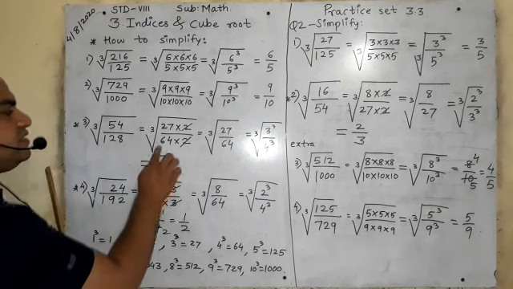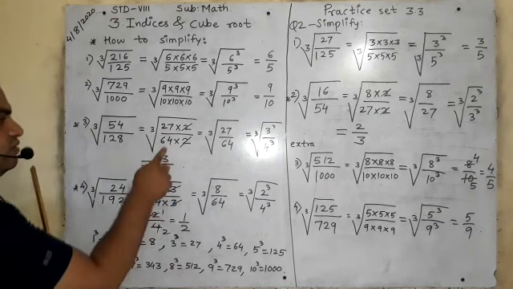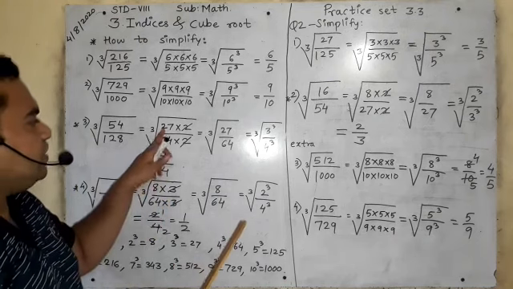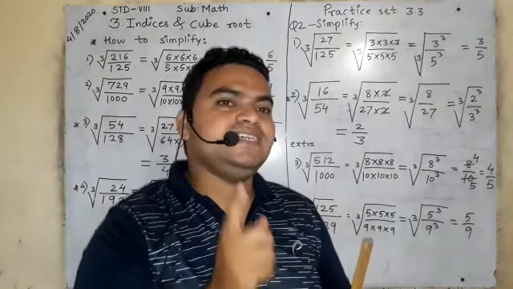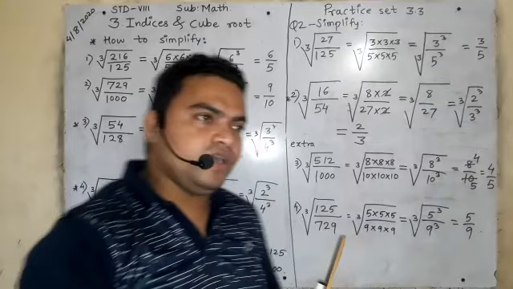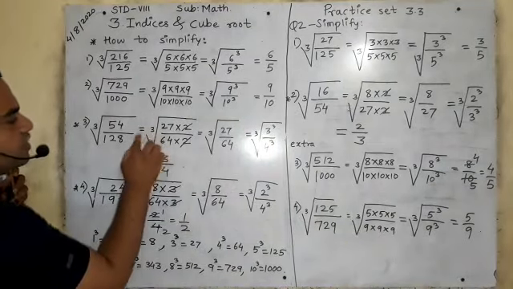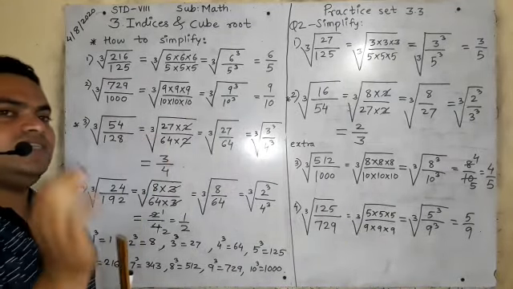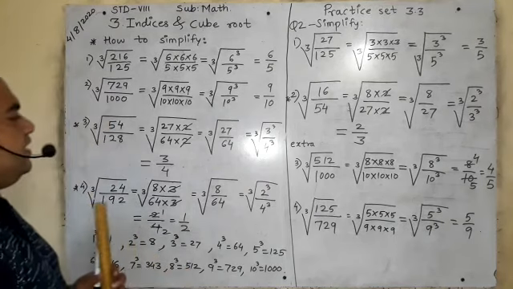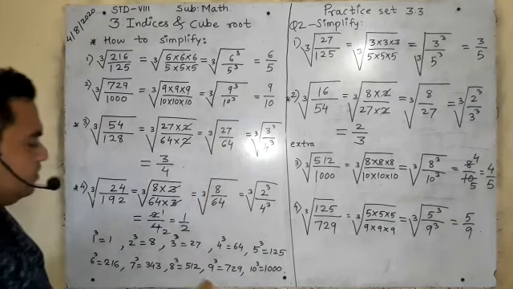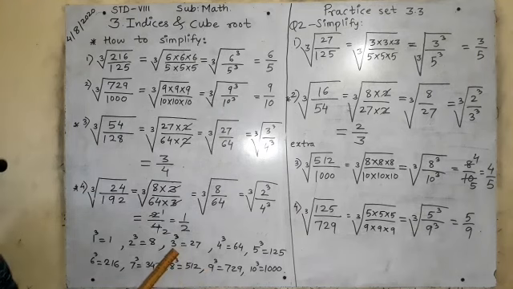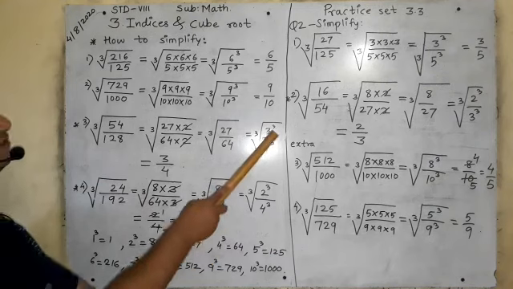Question will come, sir, why 64? Why 27 and 64 only? Because 27 and 64 are perfect cubes. They will be perfect cubes of some number, and what is also written outside? Cube root. Is it clear? That is why we have to take the perfect cube of some number. So what will remain? 27 upon 64. 27 is the cube of which number? 3. And 64 is the cube of which number? 4. So I have written in short.